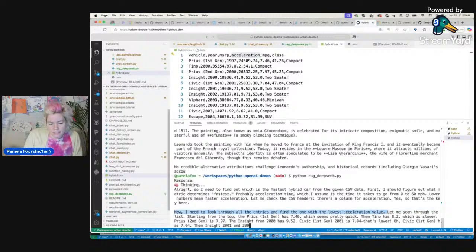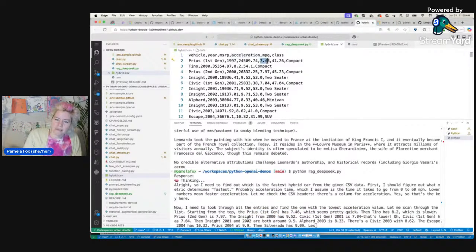I wonder what it's doing when it's scanning through the list. Is it really scanning through the list? I don't know. The insight. Okay, so now we can really double check this. That's the cool thing about using this for RAG actually, is that